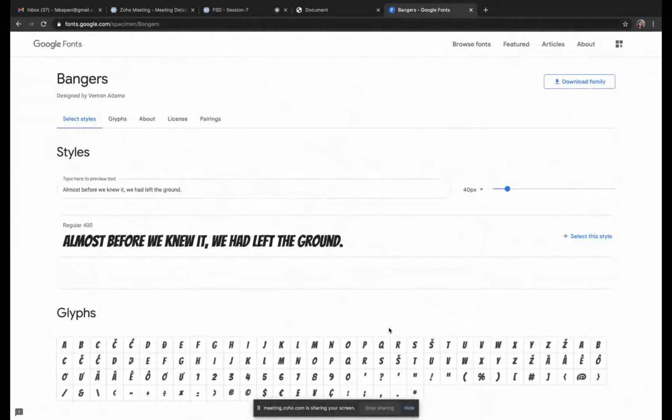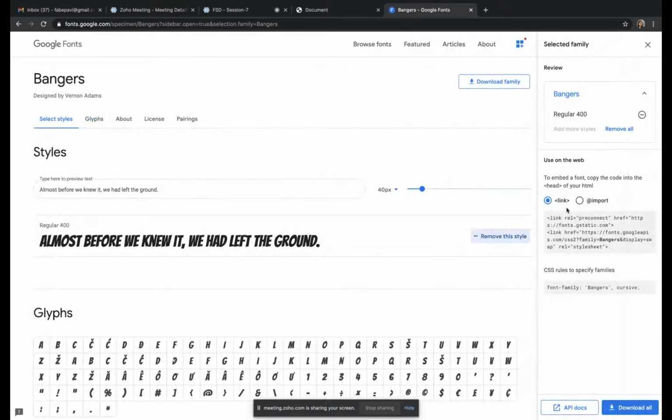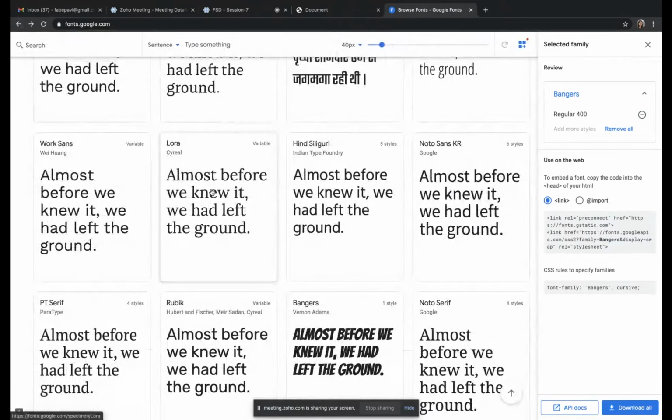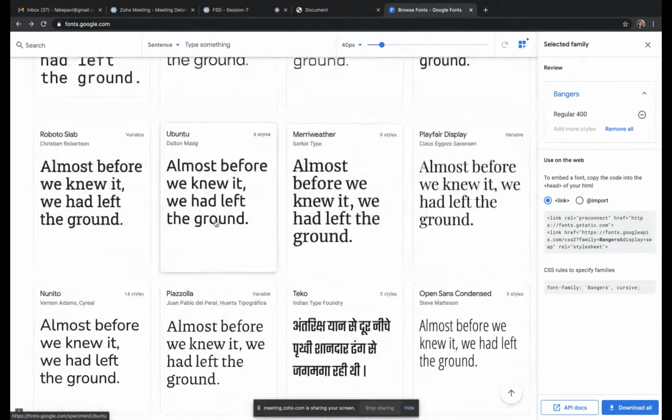We will take this font. I can download it and add it in my file, or else I can just add this link and then it will come. Also, in this only one font is being used. We will go for another one. We will take this.